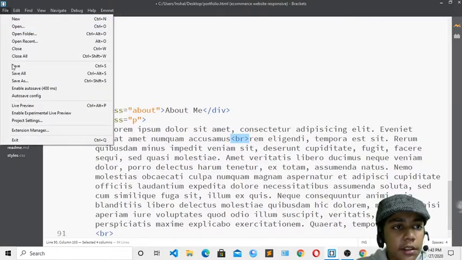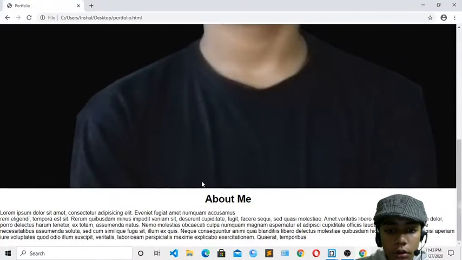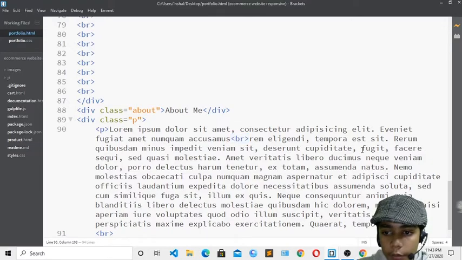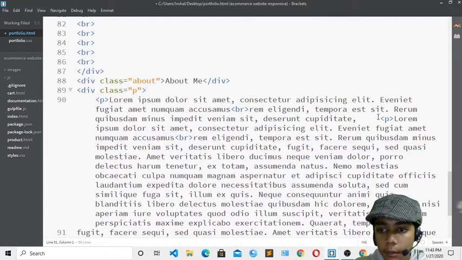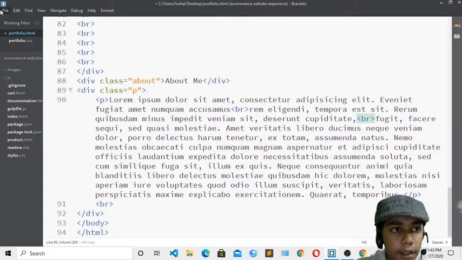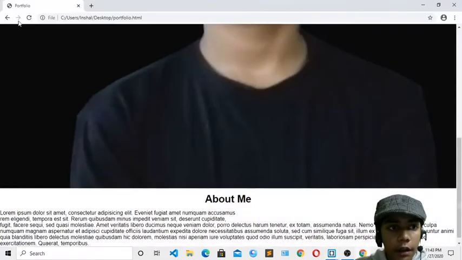Then here I will save, and if I show you, you can see now it is entered. So here I just have to do till Fujit. Okay, so I have to find it over here, it is here. And now here you have to do one thing, Control Z. Then I will copy this, paste it over here, press backspace, and save that. I will come over here, and now you can see how good it is looking.